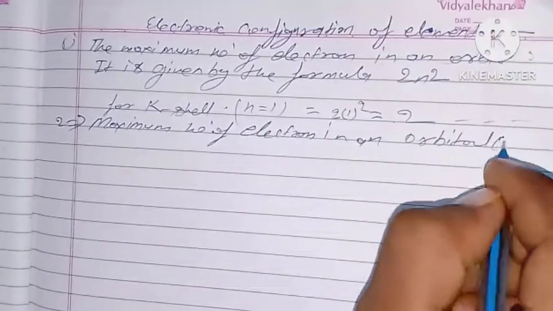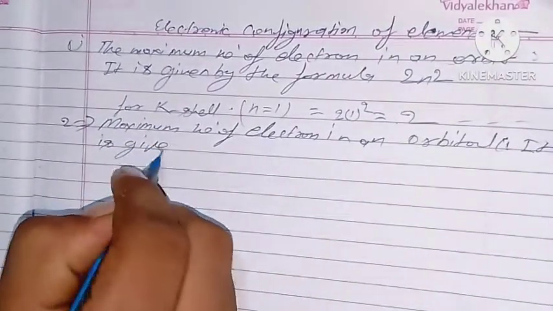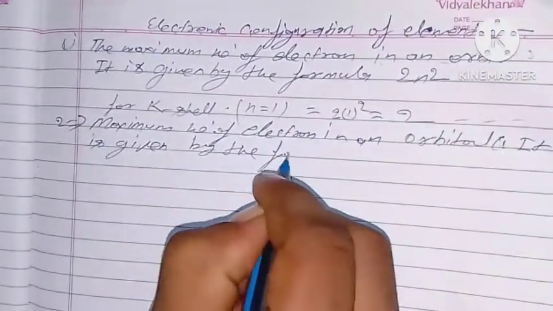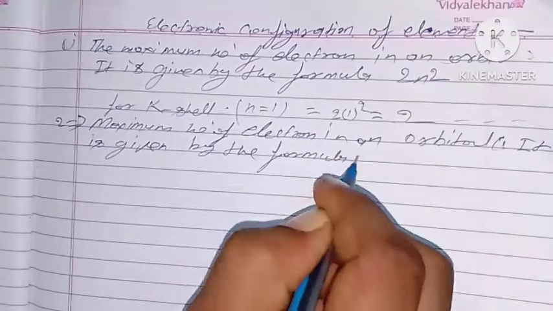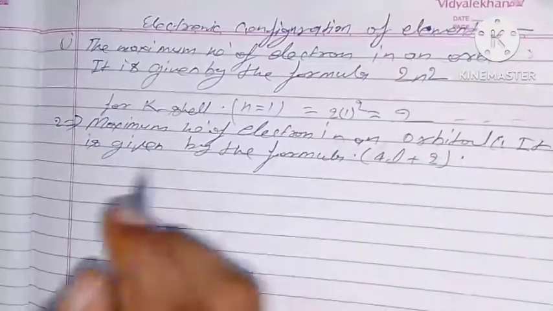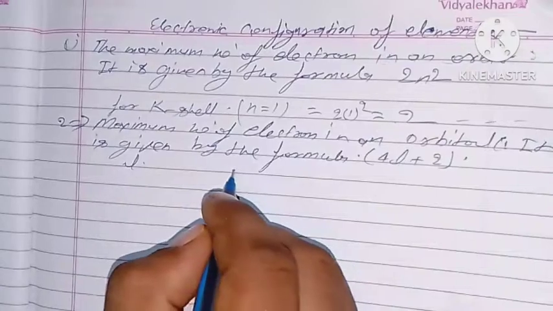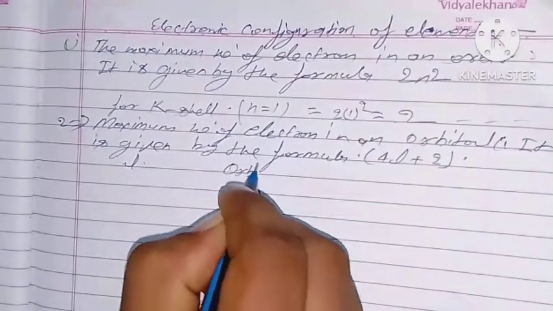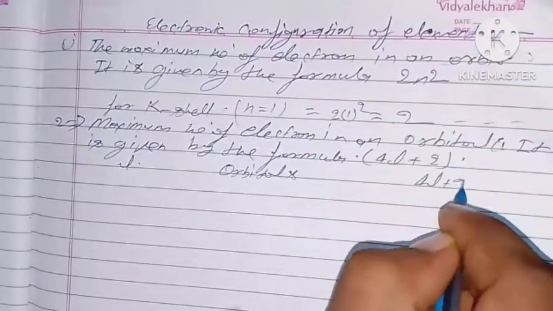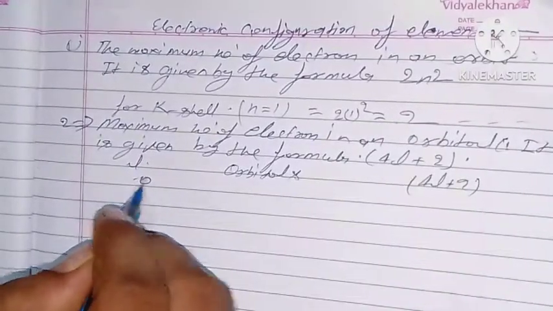It is given by the formula 4l plus 2, where l is the azimuthal quantum number. For l equal to 0,